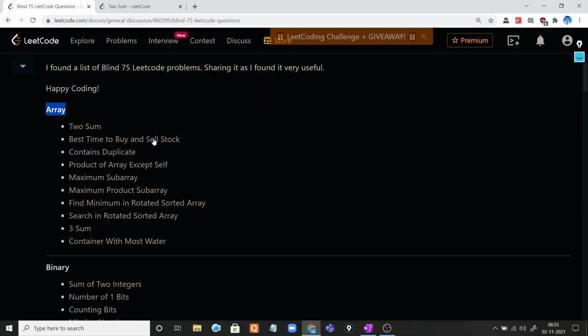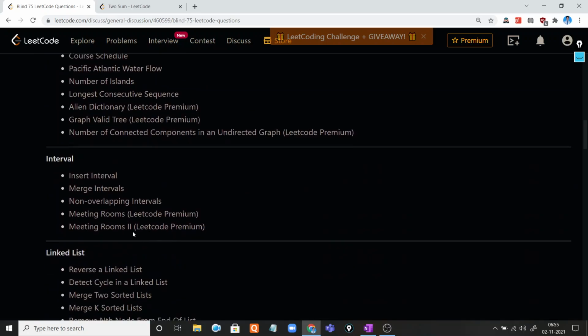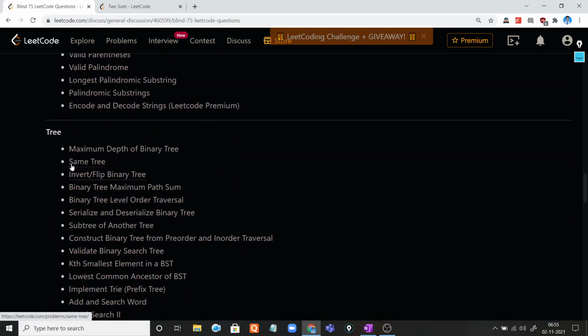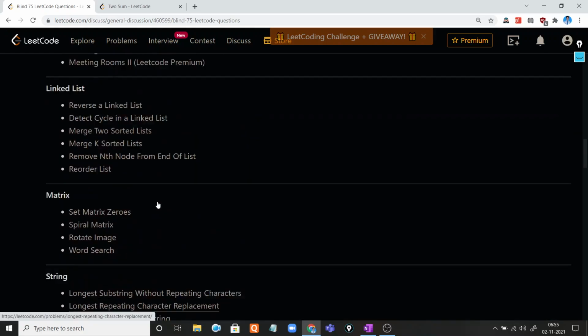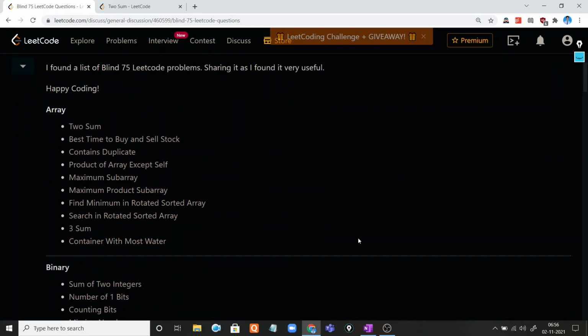I will cover all the questions from array, binary, dynamic programming, and also graph, interval, linked list, matrix, string, tree, heap, because these are important questions for every interview. Any interviewer may ask these questions, and I have knowledge and experience about interviews because I gave many interviews during my college on-campus placement.